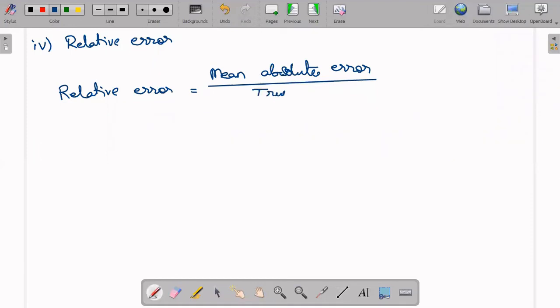True value is nothing but the mean value, which we calculated at the starting. So what is the mean absolute error value? We just calculated it, we got 0.11, and the true value we calculated at the starting, that is 2.62. We have approximated this also to two digits after decimal. So if we calculate this, we will end up with